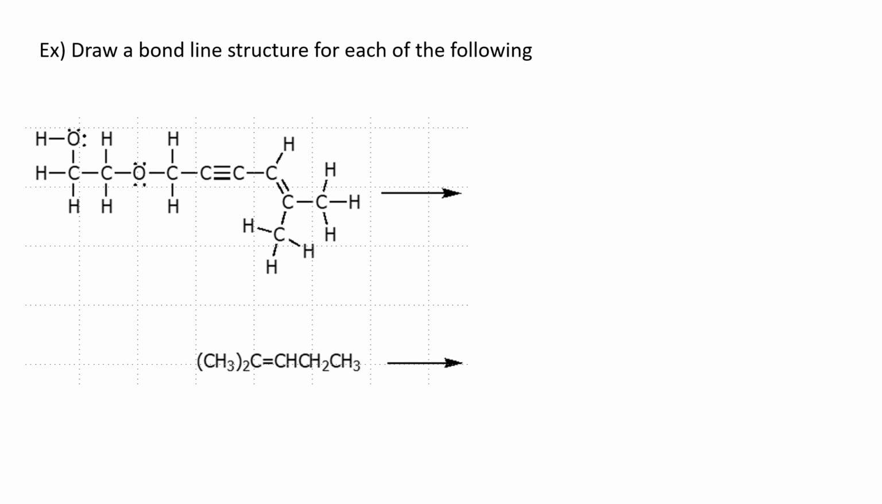All right, in our next example, let's convert the Lewis structures and the condensed structure to a bond line structure. So pause the video, give it a shot, and when you come back, I'll give you the answer. All right, hopefully you've had a chance to give this a try. The answers for the following are